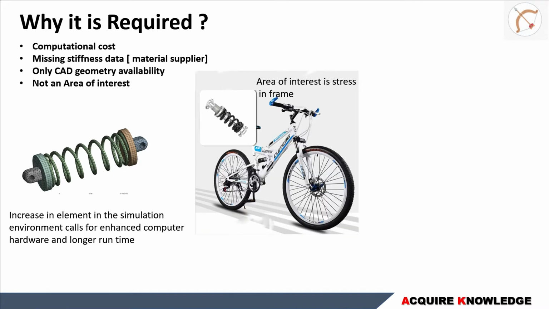Finally, next is that the modeling or the local behavior of the spring is not actually our area of interest. For example, if you are trying to model this bicycle and our area of interest is to see how much stress is going to be generated or the deformation that is going to happen in the frame, then in that case, modeling the spring as a 3D element doesn't make much sense. So what you can do is extract those stiffness values either from the CAD model, or if it is already supplied from the material supplier, you can use those values